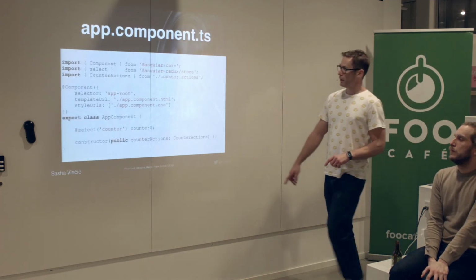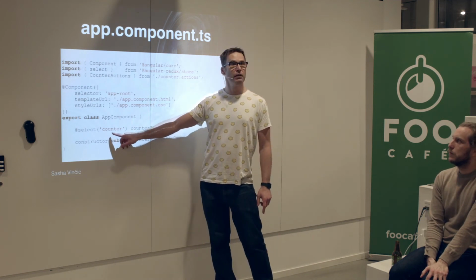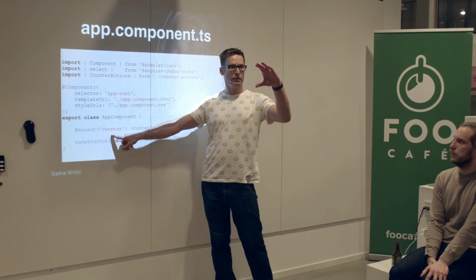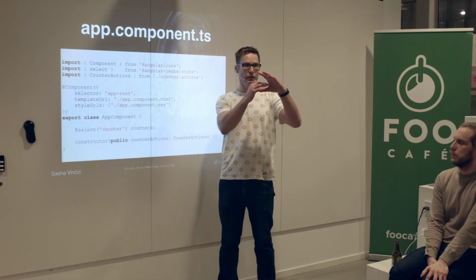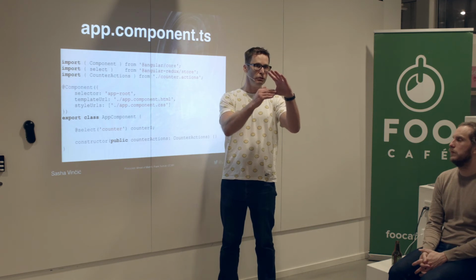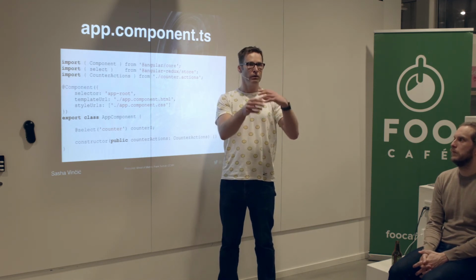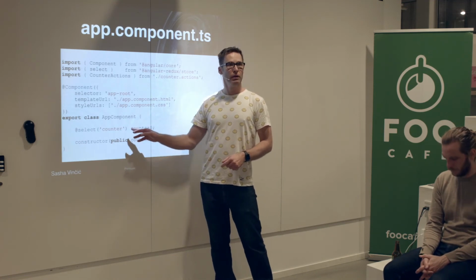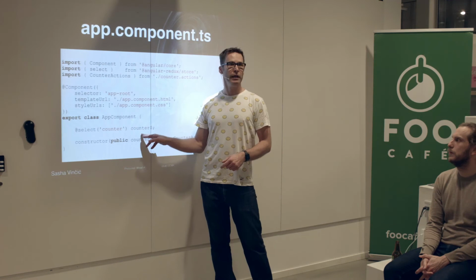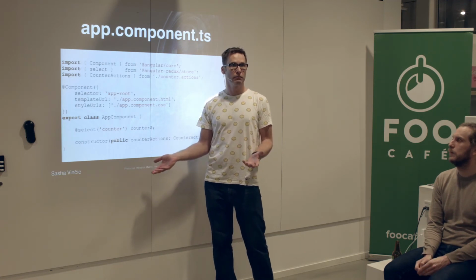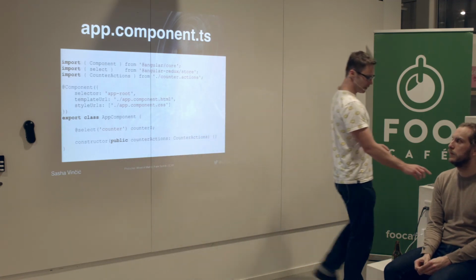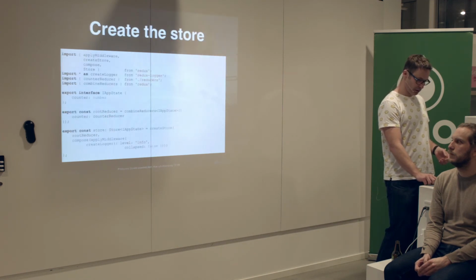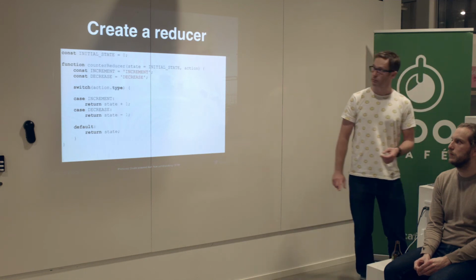So here we only listen to the counter. You have your application state, which now only contains counter, but it could contain the user, the account, or different parts. This component will only get new data if the counter is changed. And if you remember the reducer,